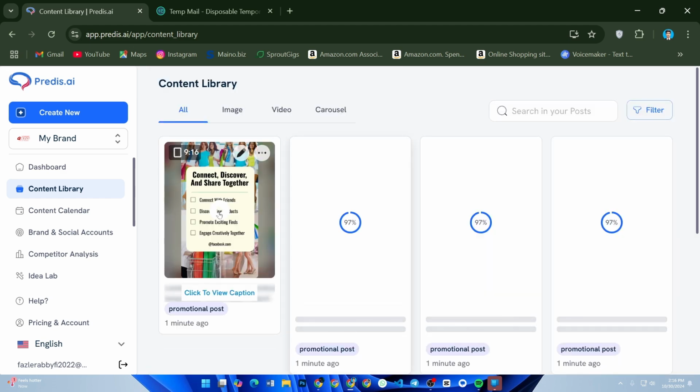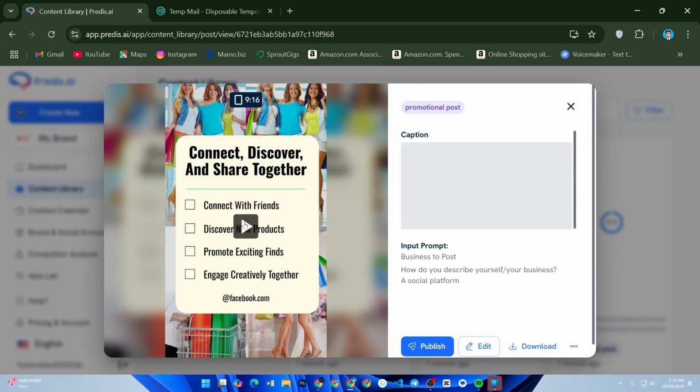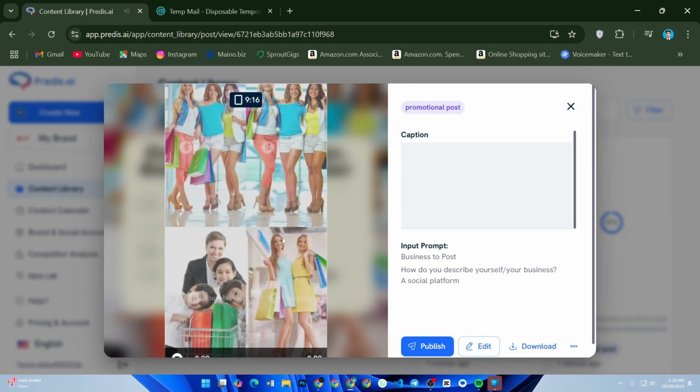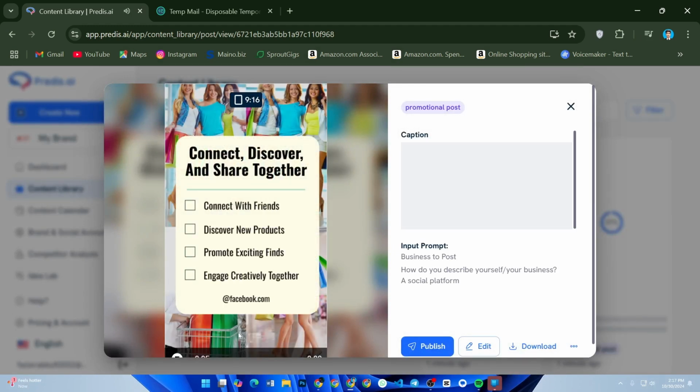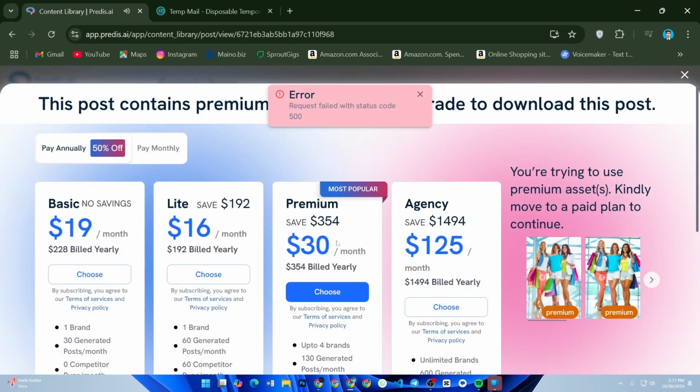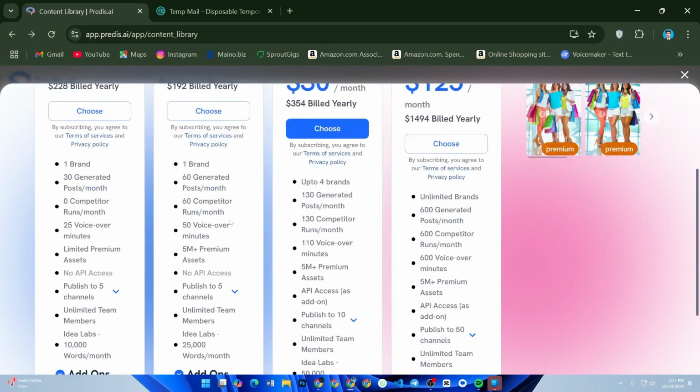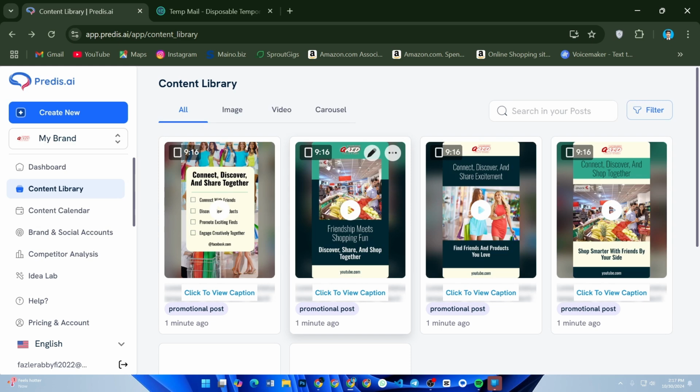Predis.ai makes content creation fast and easy, so you are all set to stay consistent online. And that's it. With Predis.ai, creating social media content is